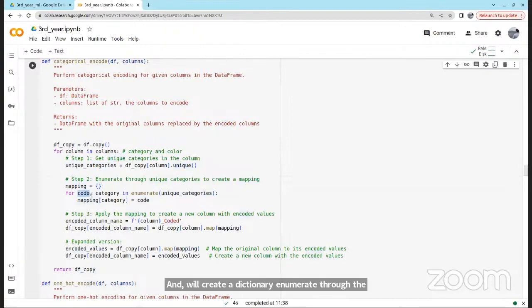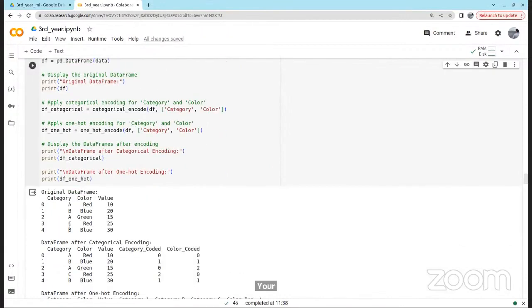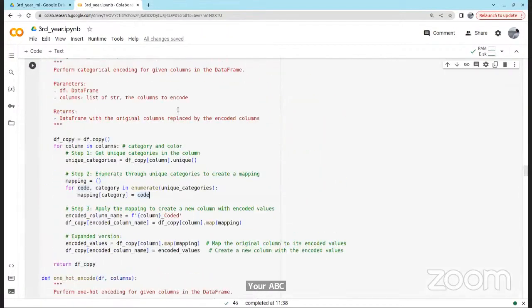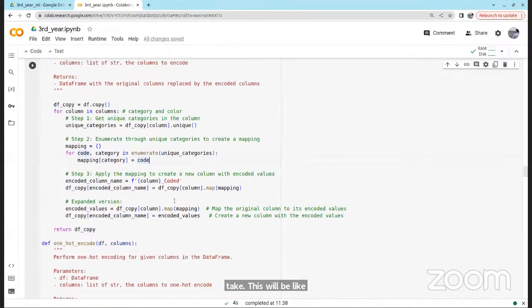So the unique categories are there, and we will enumerate. That is, the code will be a number, and the category will be your A, B, C. So for each, you are assigning a number. Let me print the mapping.